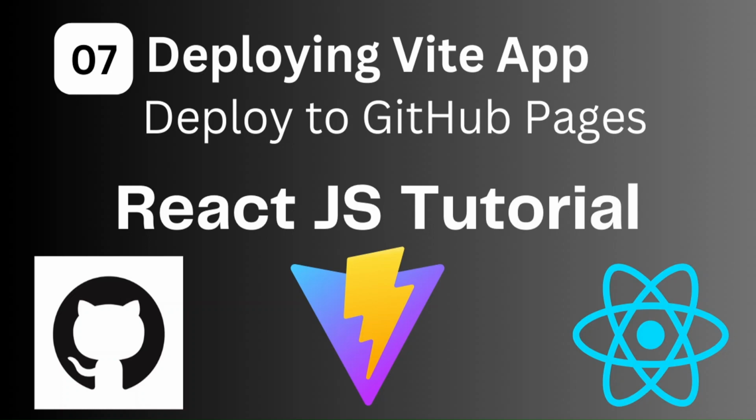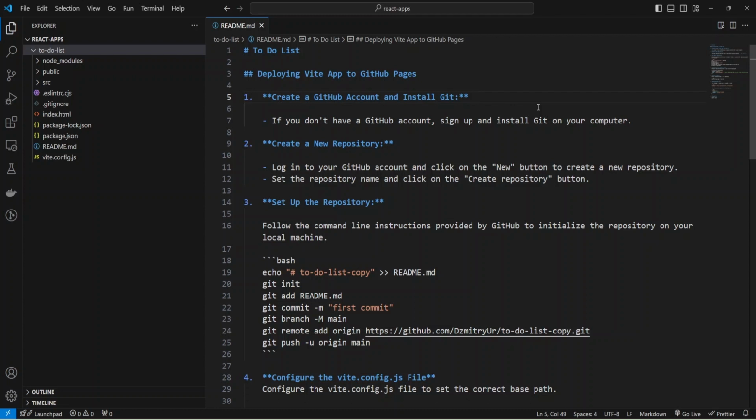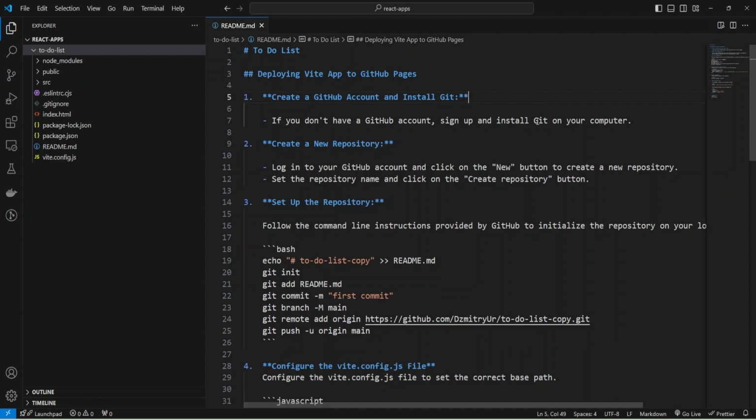After deploying, you can share your work with the world. As you know, the app was created using Vite frontend tooling. I prepared a short guide in my README file. I'll push it with the code to GitHub and you can check it if needed. Now I'm going to follow the guide and push and deploy my code.